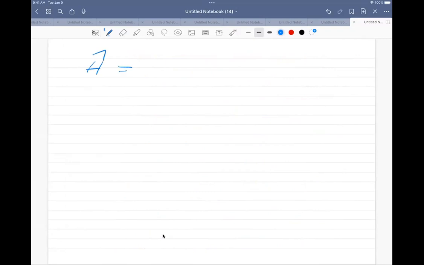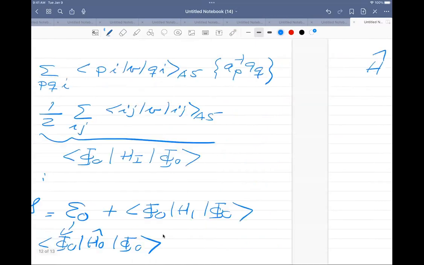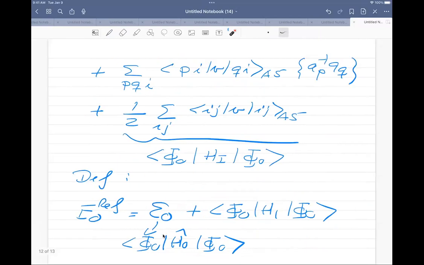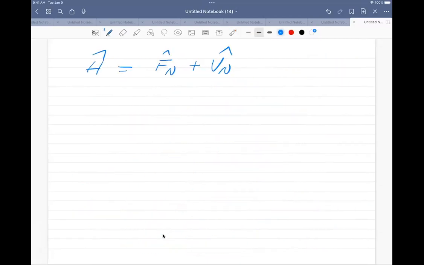I'm going to redefine that in terms of a one-body operator, F of N, plus that two-body operator, which we had in the previous slide. So let me just remind you of that one. So this is the term which you see here, only that one. And then I'm going to have this E0 reference,